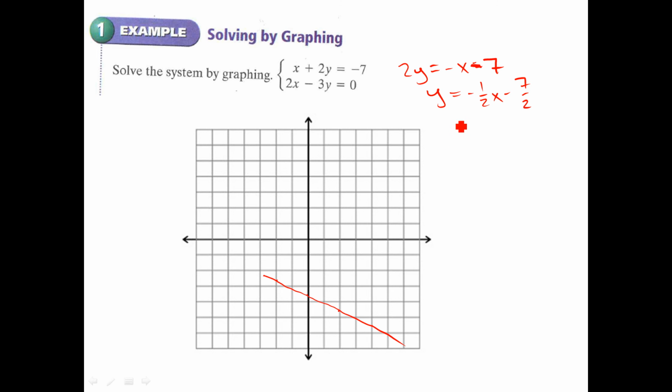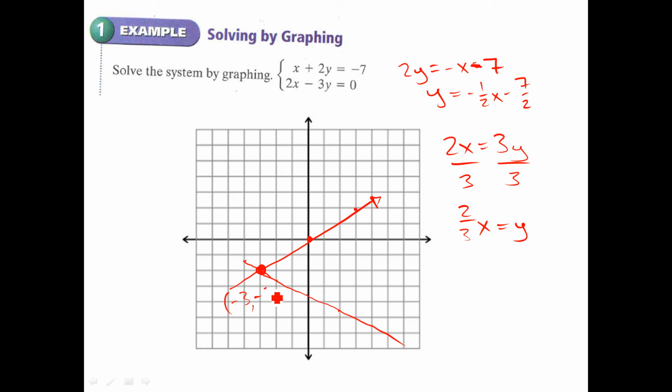And how about this other one? 2x minus 3y equals 0. Let's get y by itself. We'll move it to the other side. And we'll divide by 3. And so we'll have 2/3 x equals y. Intersection at 0. We're going to go up 2 and over 3, same thing as going down 2 and over 3. And we can see here, it looks like we're going to cross, if I continued that line out, right here at, this looks like negative 3,